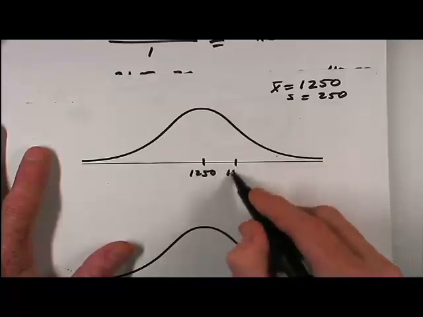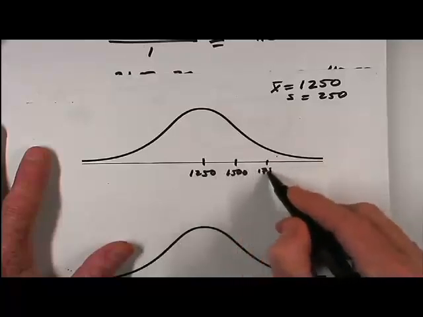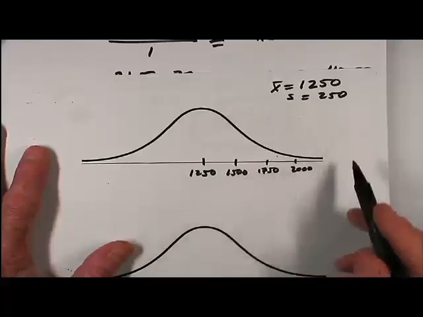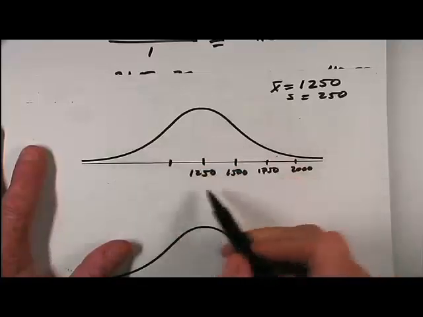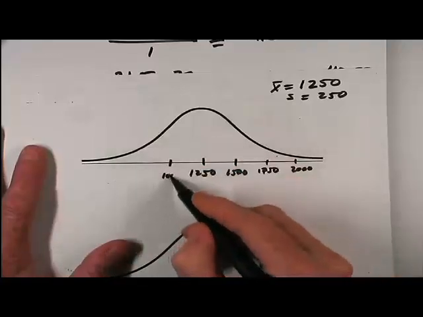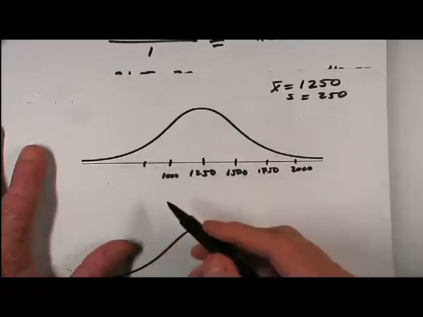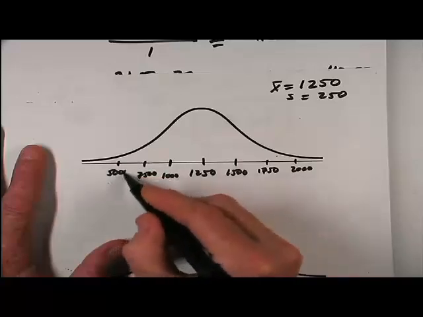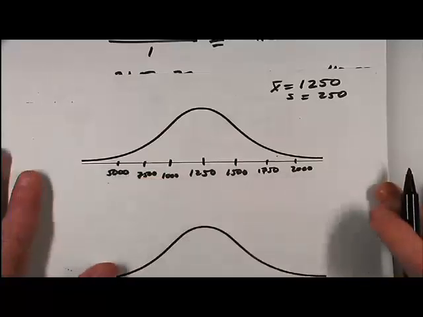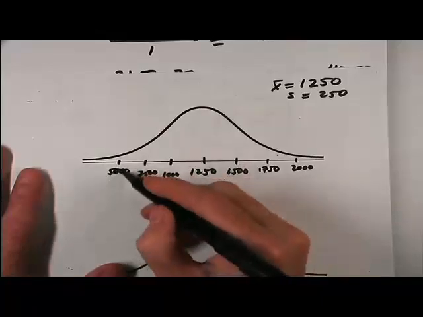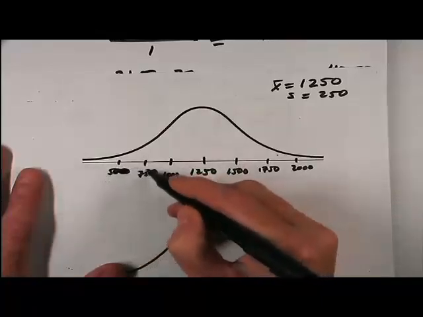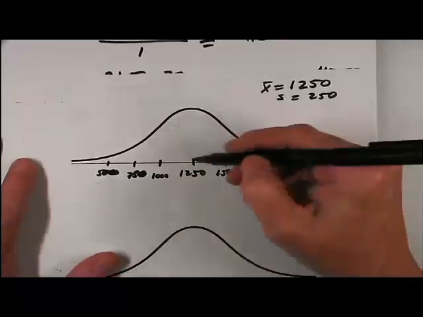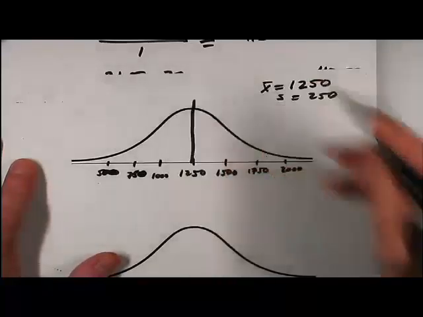Okay, so then I've got 1500, 1750, 2000. Maybe the 2000 is the total possible. Then I've got 1000, 750, 500, 250. All right. So I said that in this particular case, everyone who is in the 45th